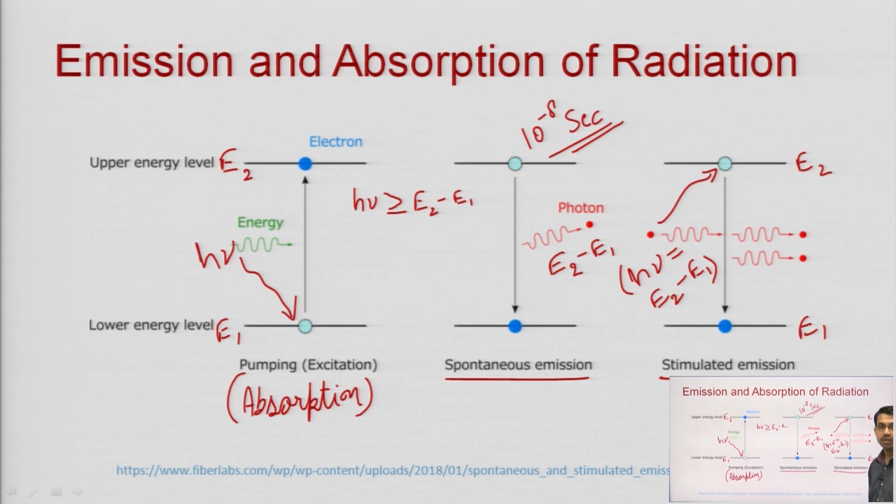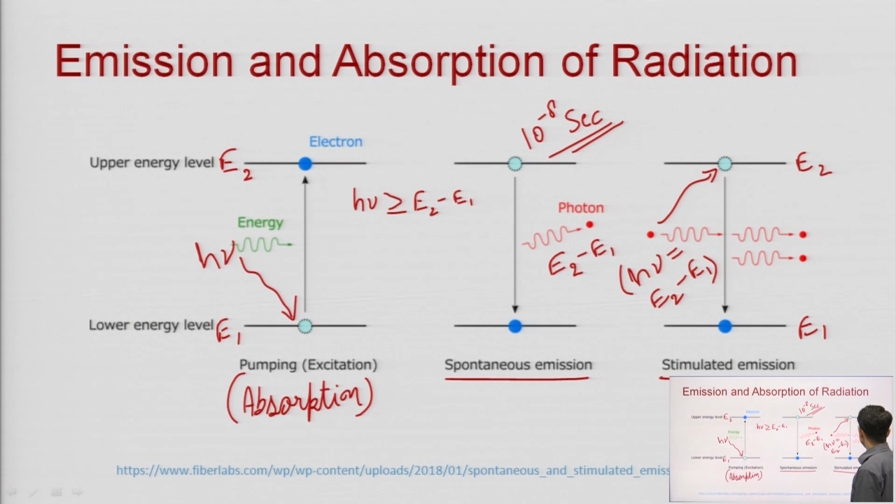This time is not expired, this time is not completed, but before this time has expired, another photon has struck this electron and the energy of this photon is exactly equal to E2 minus E1. So, due to this what will happen? This electron will jump to the ground state